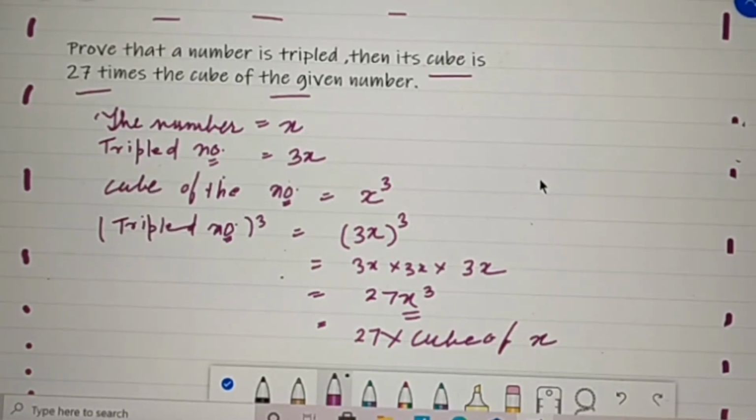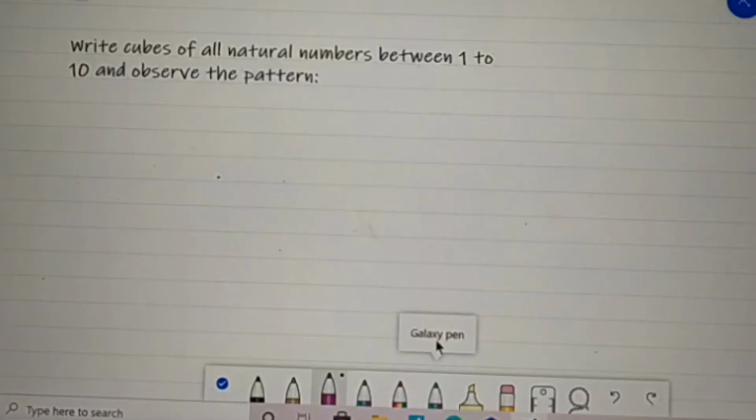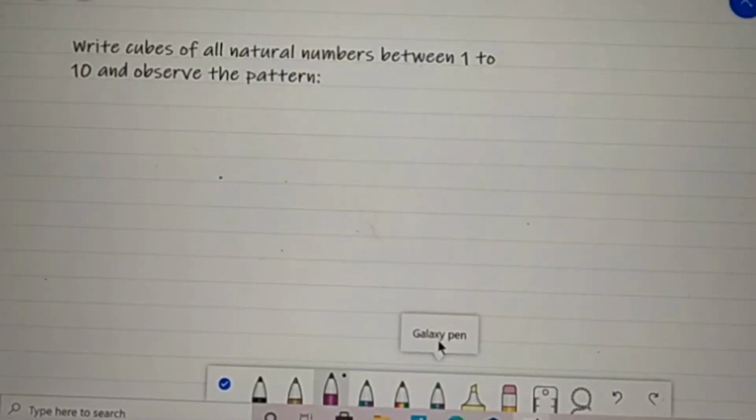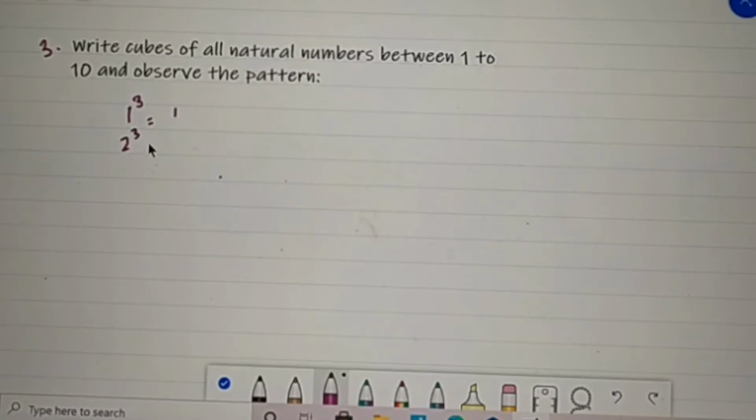Now we will go to the next question. Question number 3. Write cubes of all natural numbers between 1 to 10 and observe the pattern. So let's take out the cube of all natural numbers. 1 cube is 1, 2 cube is 8, 3 cube is